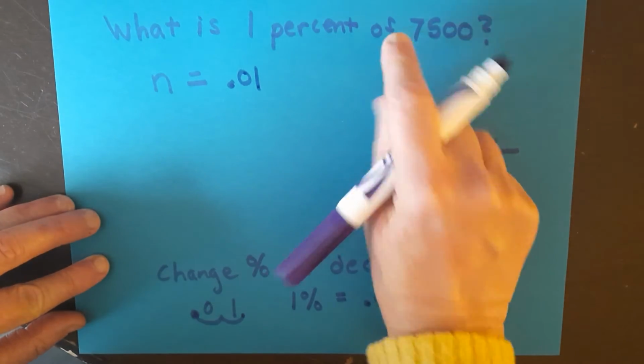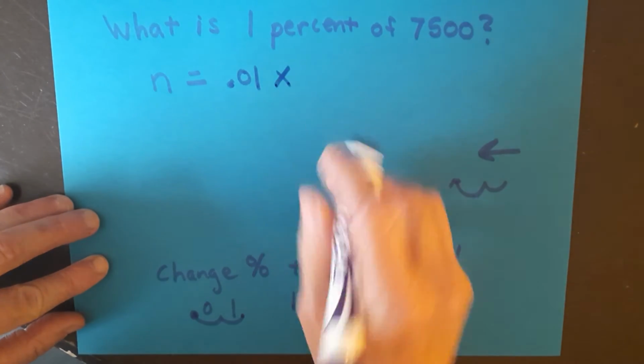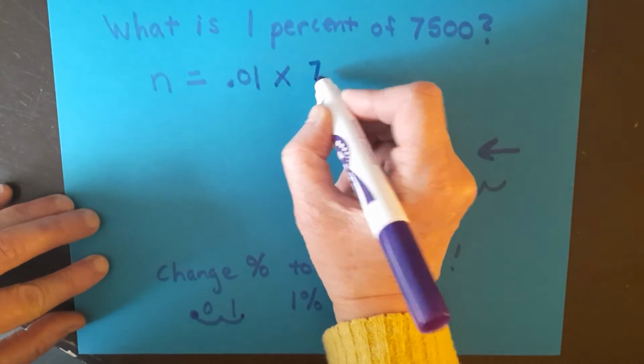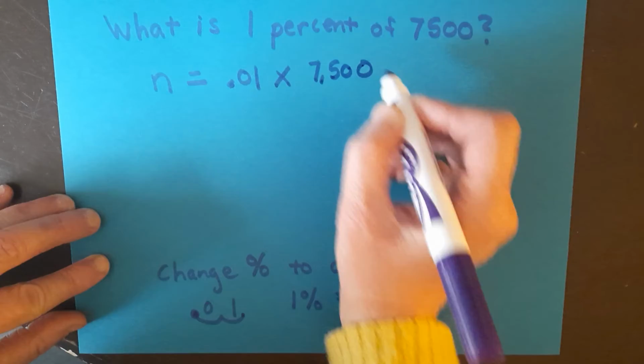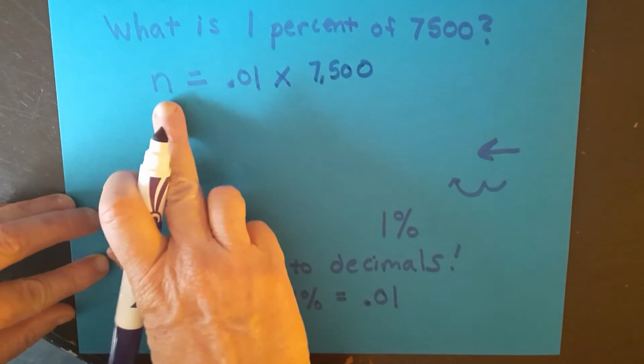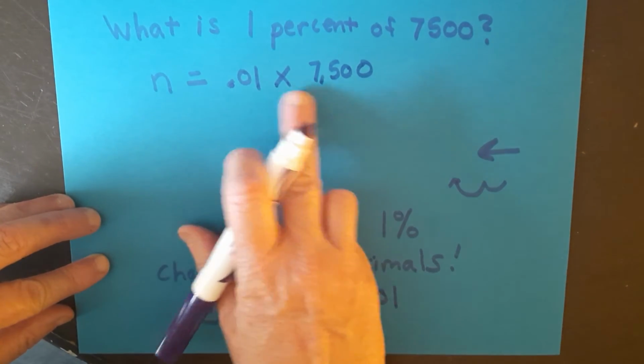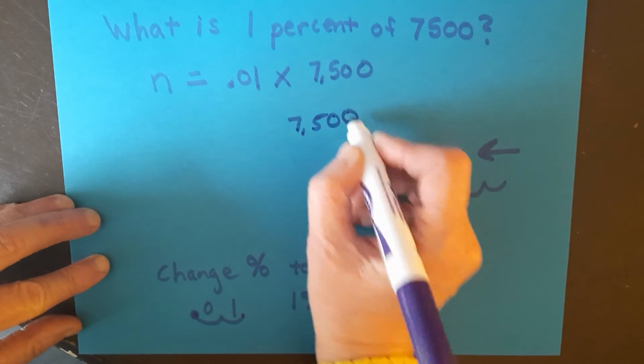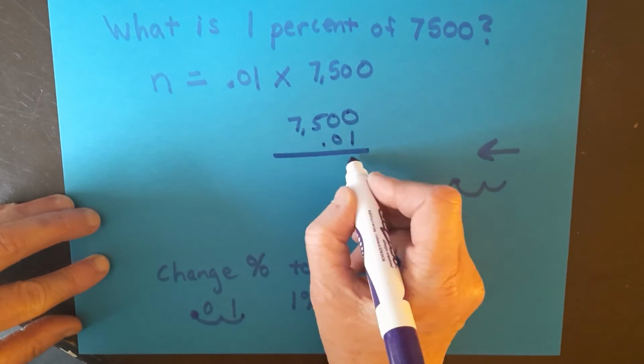So now we can then replace 1% with 0.01. The "of" becomes multiply. All this you have written down in your notebooks already. And the 7,500 becomes 7,500. Now we can figure it out. We just need to figure out what 0.01 times 7,500 is. So you take 7,500 times 0.01,